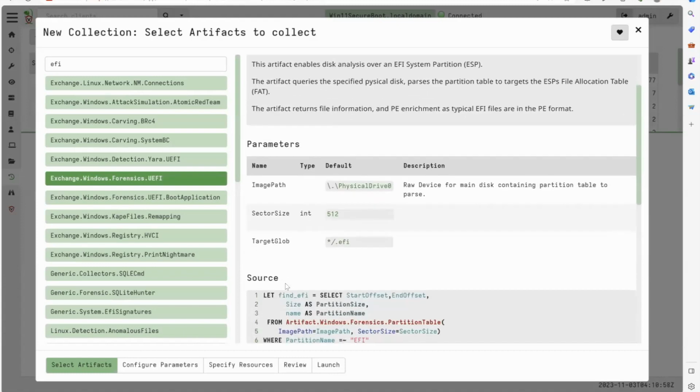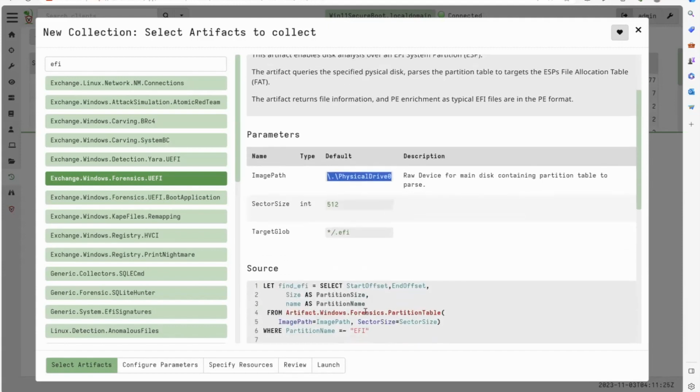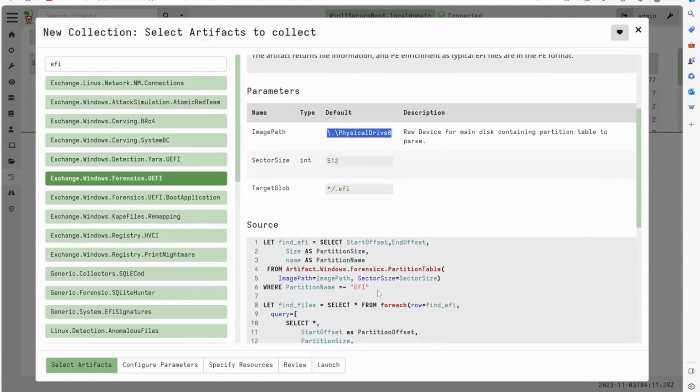Now, Mike actually added in a FAT accessor into Velociraptor in version 7. And I actually didn't get a chance to put this artifact in. But what this artifact does is it takes an input of the physical drive, the sector size of the drive and then a glob. And this is a really cool expansion of our accessors. What we do here is look at the partition table,